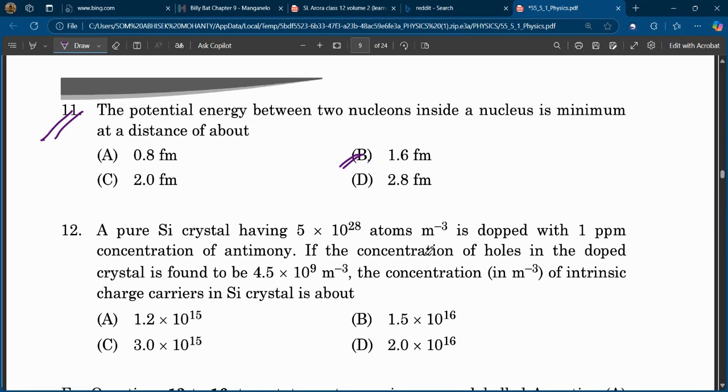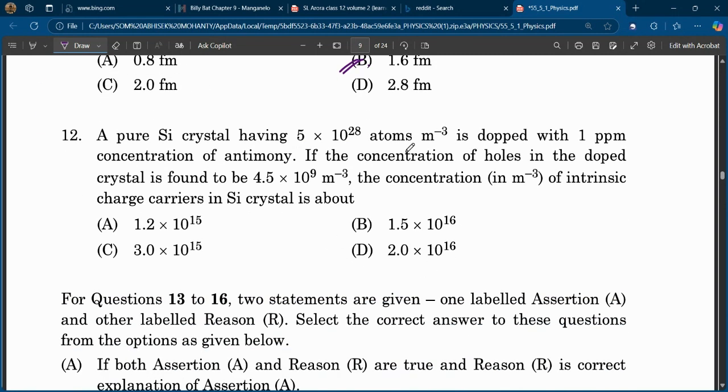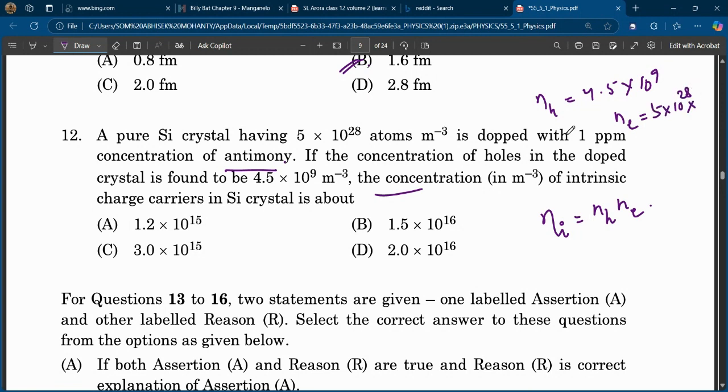A pure silicon crystal is doped with 1 ppm antimony. The concentration of holes in the doped crystal is found to be this. So the intrinsic concentration Ni is asked. Ni is what? The square root of NH into Ne, right? NH is given as 4.5 into 10 to the power 9. Ne is given as 5 into 10 to the power 28, but it is mixed with 1 ppm,